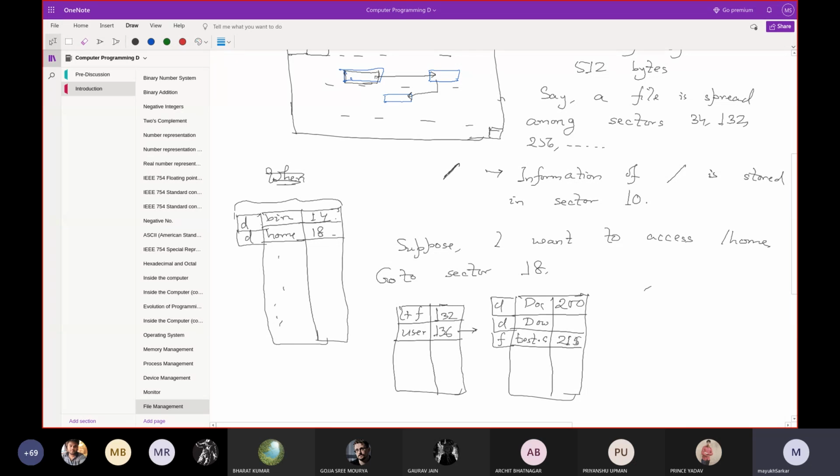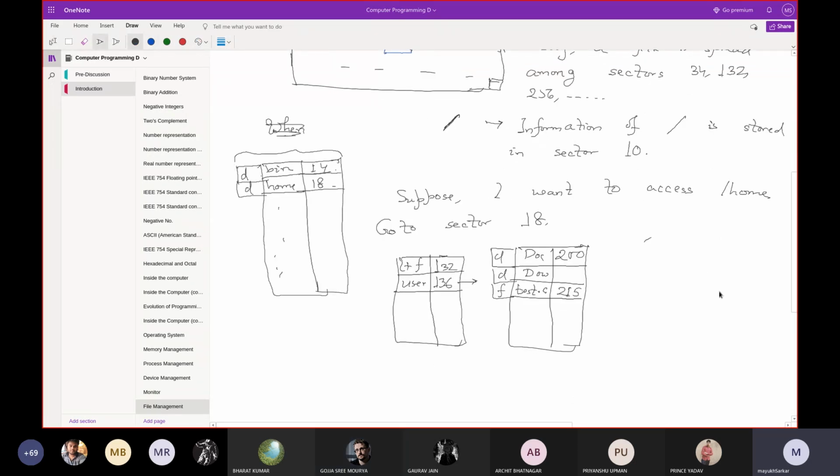And if the starting sector needs to be changed, that will be reflected in the corresponding directory as well. This entry will be changed only if the OS deems fit that, to make the new addition or update, the location of the file needs to be changed. Only then will this entry be changed in its parent directory index. Is it clear? Yes, sir.